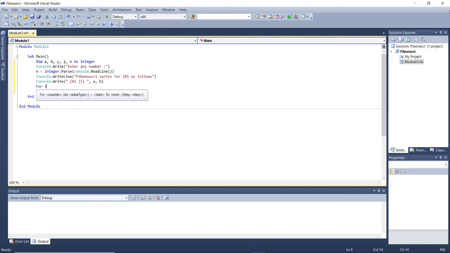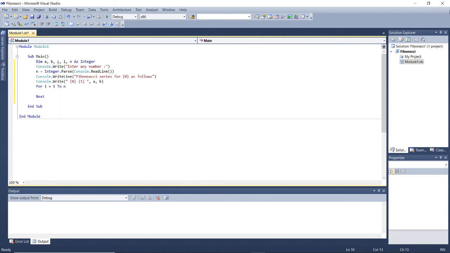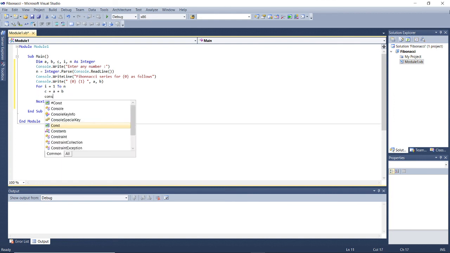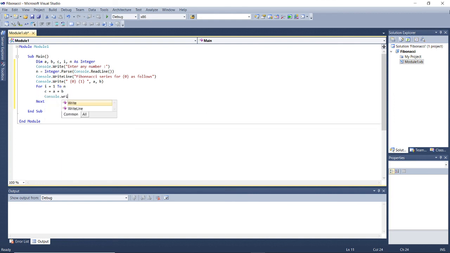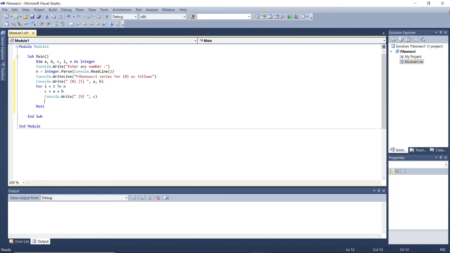And then your for loop for i is equal to 1 to n, and the statements are, as all of you know, c is equal to a plus b, Console.Write c. Sorry, accidentally I have put 9 here.